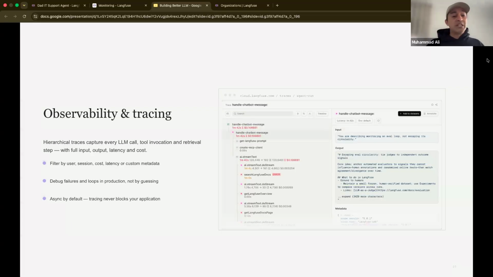Right. So this is what the observability and tracing capability looks like. You can see on the right exactly the flow of the agent, how many steps it took. It could be tool calls, it could be LLM calls. There could be many things that agent could be doing. Having captured all of that allows you to debug the failures, and also filter and search the interesting scenarios that you may want to understand, to better understand your agent's behavior or your user's input.